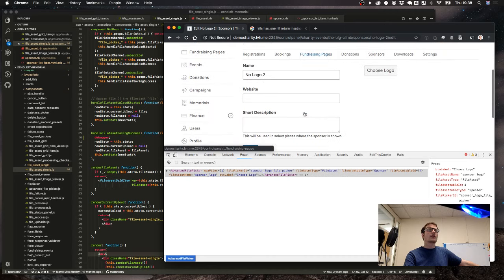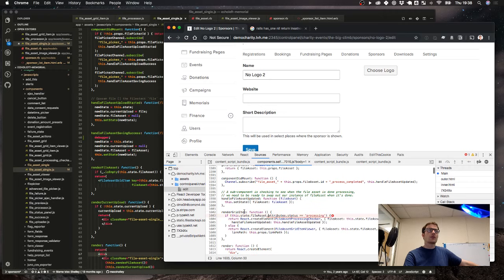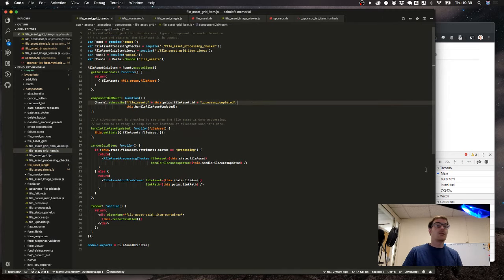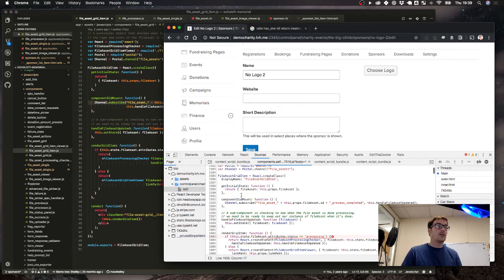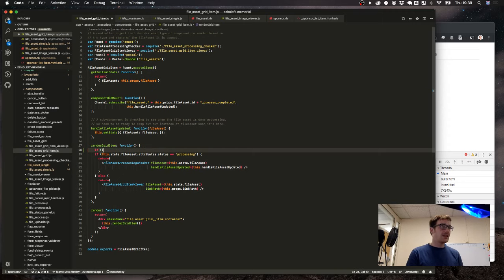Oh, hang on, is that erroring? That's erroring before we even try and upload. Oh, okay, it's not rendering on upload. It literally can't. It's already failed. Okay, so in the render grid item method, or function of file asset grid item, do we just say that if it's nil,